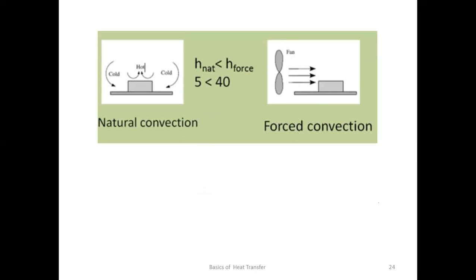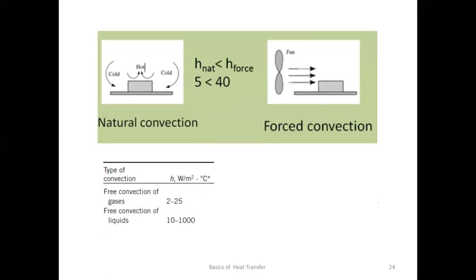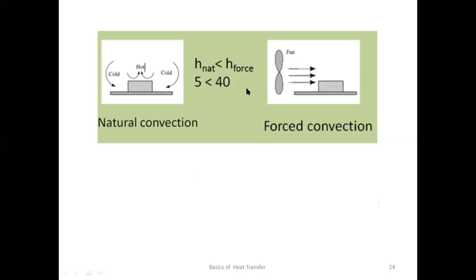Now see the next part. Sorry, I forgot this. H for natural convection is 5, and now see here, in both the cases the fluid used is air, but as the fan is used, the air velocity will increase; the objects are the same. In thermal conductivity, if conduction is there, then the K value will be the same for both cases. We are not bothered whether a fan is used or not, but here if a fan is used, the value of H will be different for the same size area.